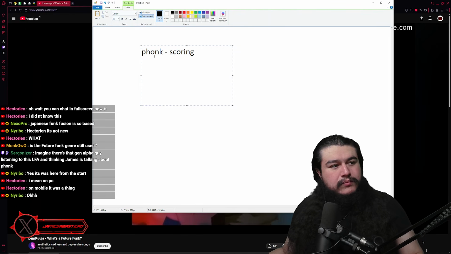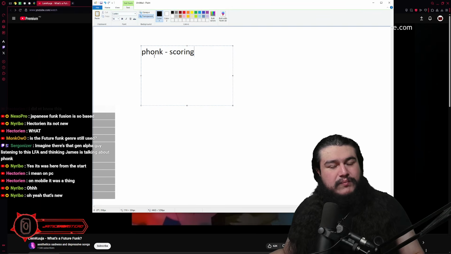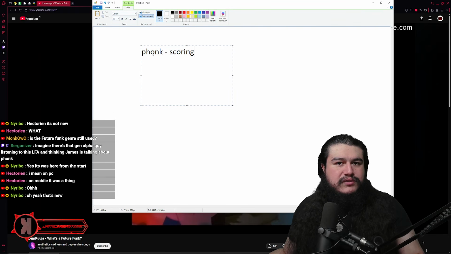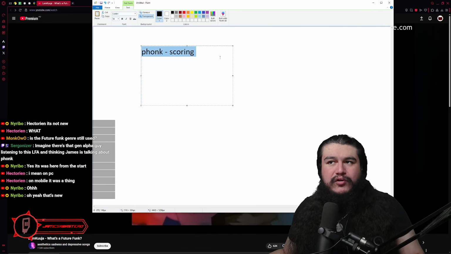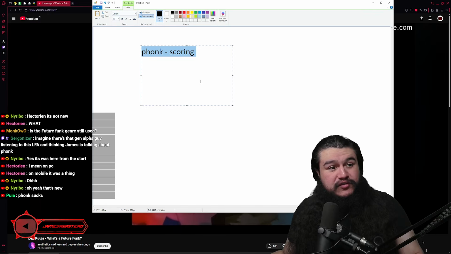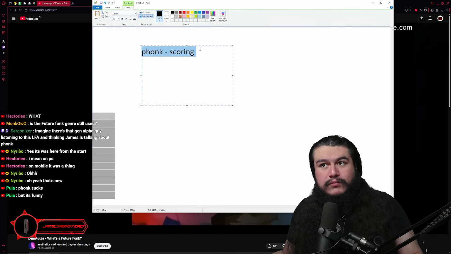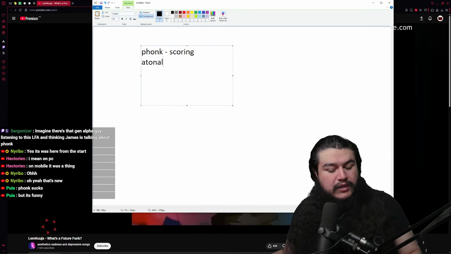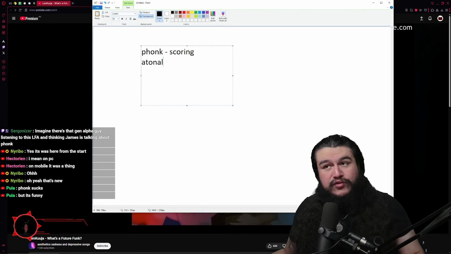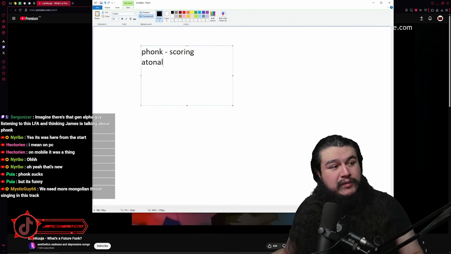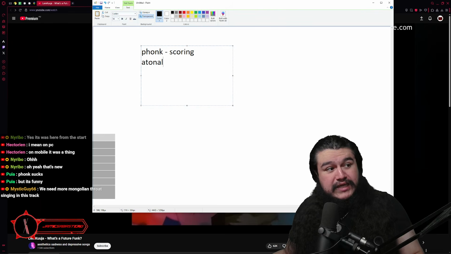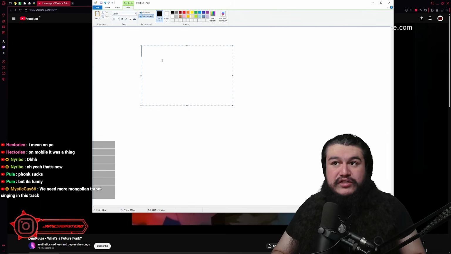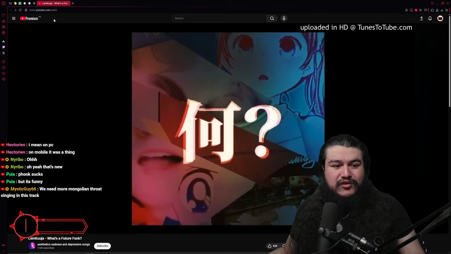It's music scoring. By itself, funk is not that great a genre. It's not something that I would sit down and listen to. But once you put it on something, especially for memes, yeah, you engage in scoring. It has the same effect as atonal music. Atonal music by itself, I highly doubt there are many people that would sit down and just listen to it for the enjoyment of it. But the moment you put it on film or a video game or something like that, it serves a purpose. It does serve a purpose after all. So yeah, let's see where this goes.